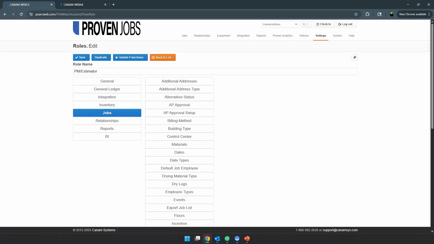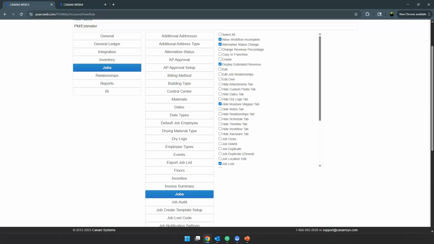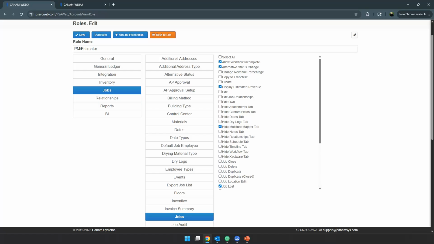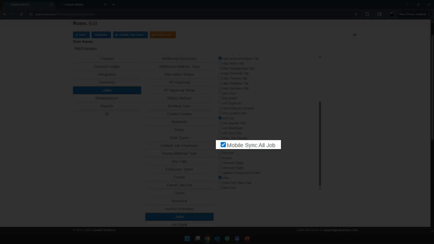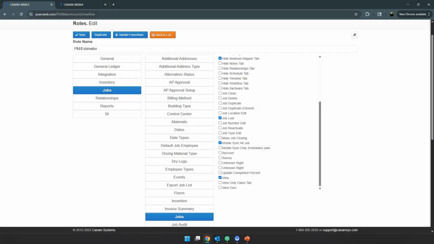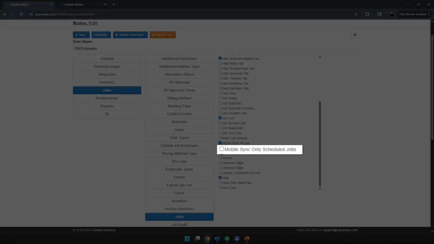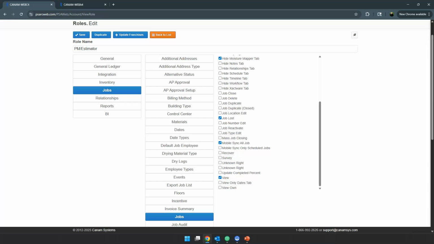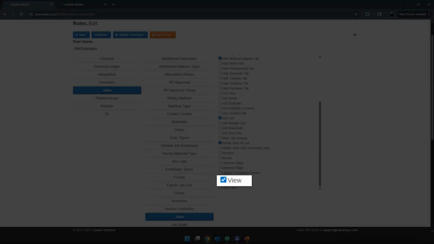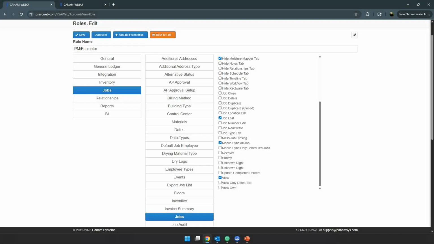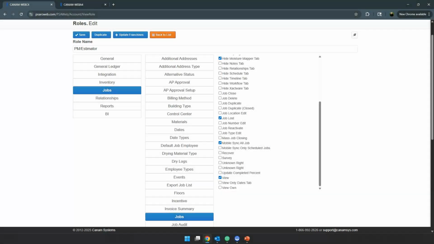Select Jobs. Select Jobs again. And here we'll see a list of security permissions for the job. We'll want to review the Mobile Sync All Jobs, which allows the user to view all open jobs in the mobile application. The Mobile Sync Only Scheduled Jobs allows the user to view only scheduled jobs in the mobile application. View allows the user the ability to view all jobs in the web application. And View Own allows the user the ability to view only the jobs that they have been assigned to under